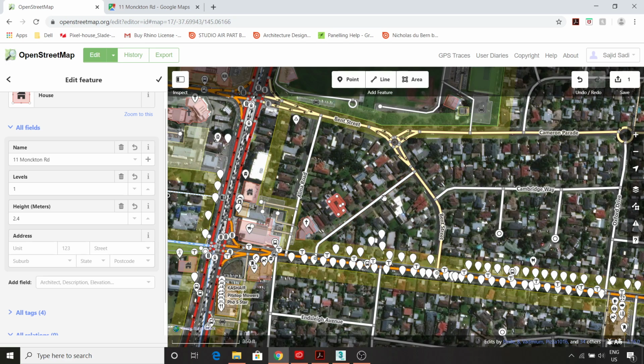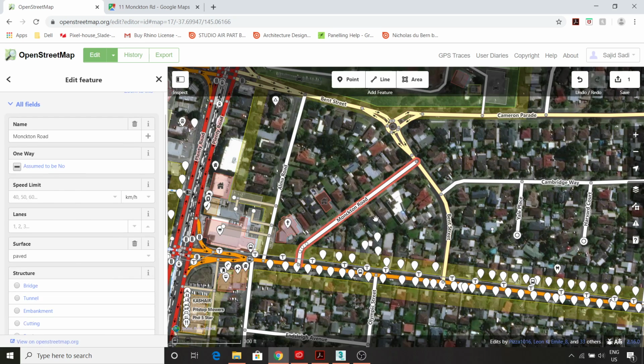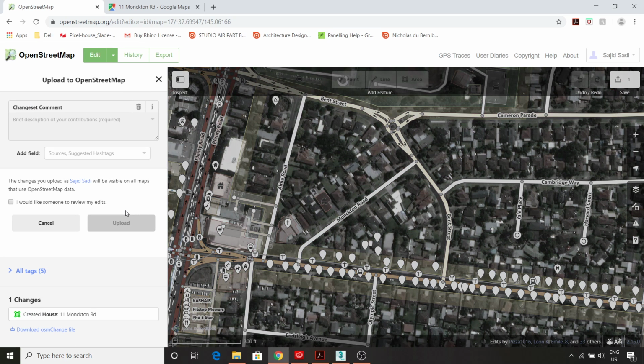And you can repeat this across all the houses on the street or the block or the whole Bundoora neighborhood. You can draw boundaries around the streets, enter precise information about them. One thing that is very crucial, at regular intervals, what you should do is you should save the file. Otherwise, all your effort just goes to waste in case there's technical difficulties. So we're going to quickly hit save here, and they always ask for a change set comment before you try to save it. So I usually just entered